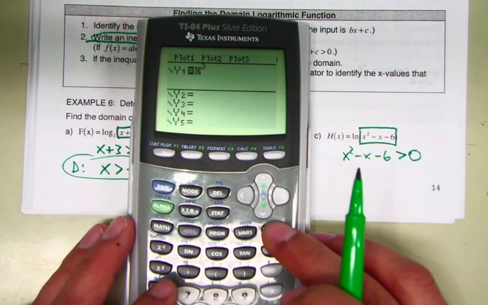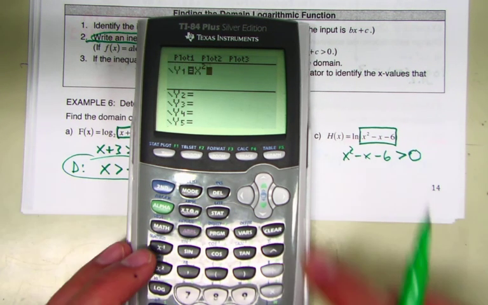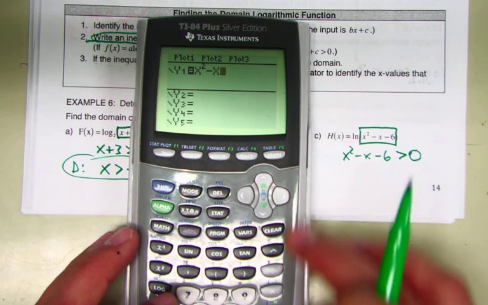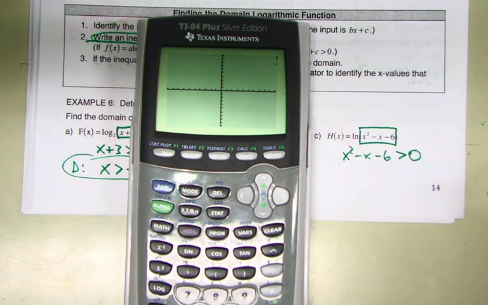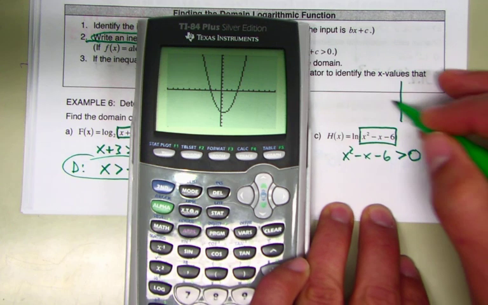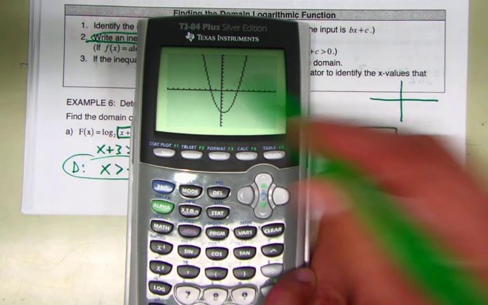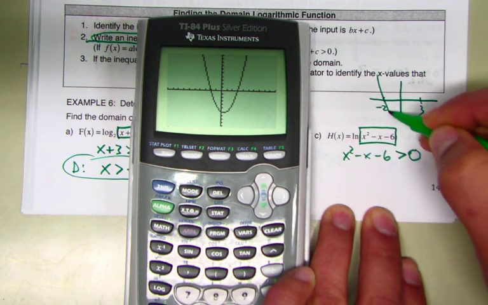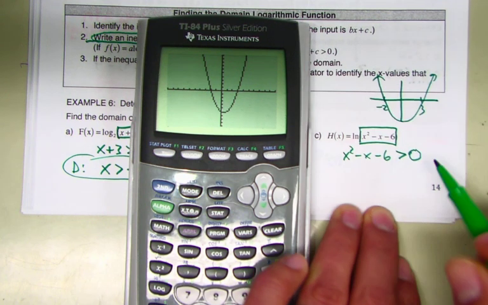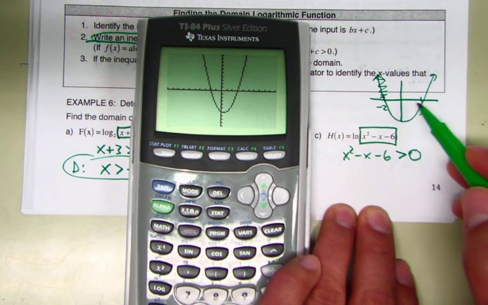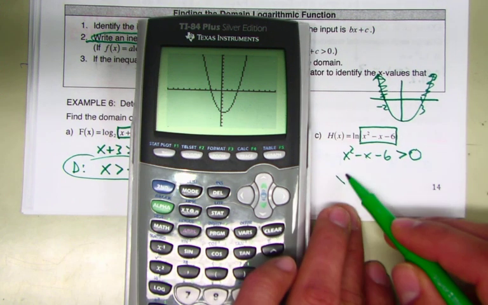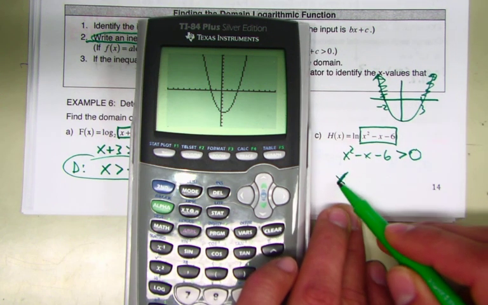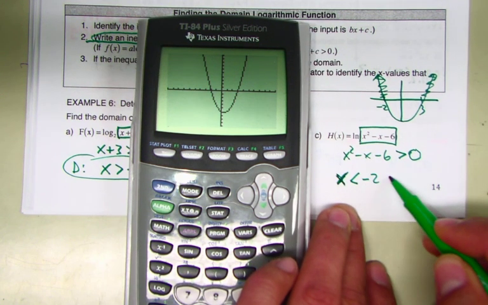So if I graph that real quick, x squared minus x minus 6. Okay, you can find the zeros pretty easily, but they're going to be negative 2 and 3. And so how would I write the parts above the x-axis? x is less than... Or